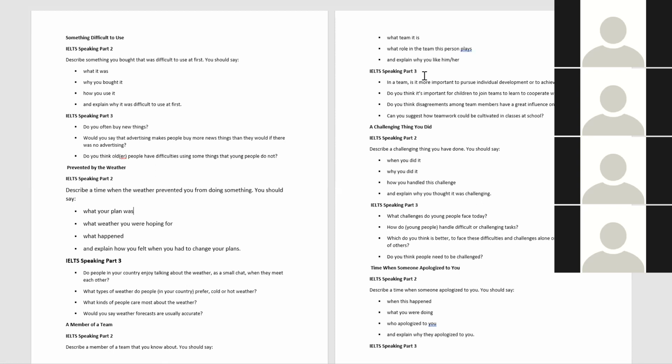The plan was kind of okay to me. I was not really hoping to have a rainy day because it was in October and it was not a raining season here, but unfortunately the weather changed and started raining.